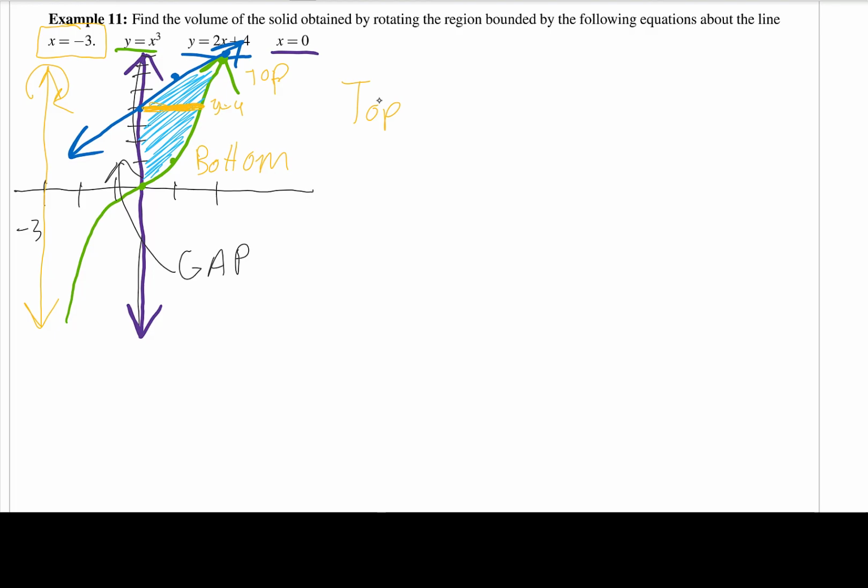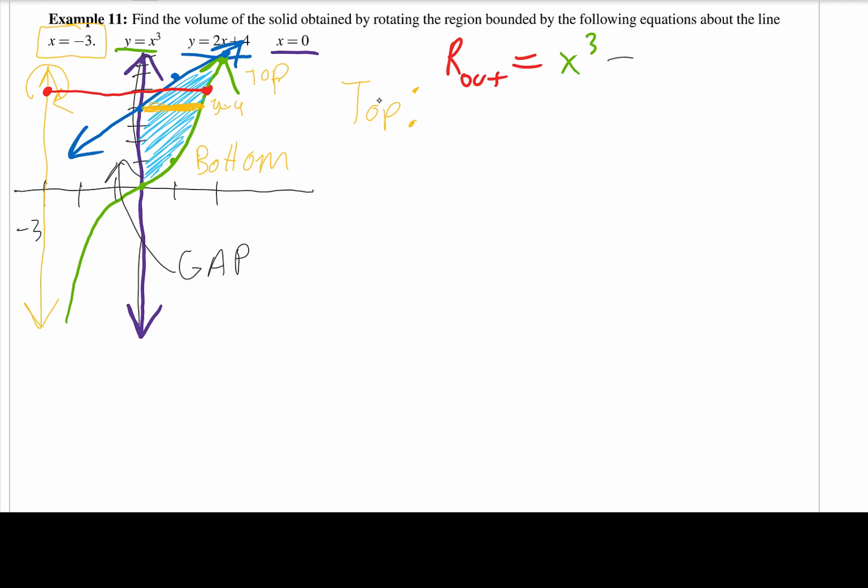We still have a gap. We're still using washer method. We know that our r sub out, this is not route, this is r sub out, is going to be equal to green minus orange. Right? An example of that is right here. Green, orange. So this should be y equals x cubed. Right, so this is going to be x cubed minus,